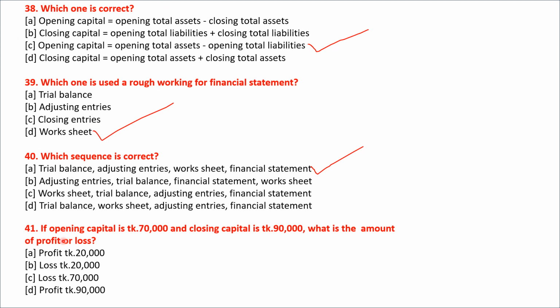अगला क्वेश्चन है, if opening capital is total 70,000 and closing capital is 90,000, so what is the amount of profit or loss? ऑप्शन देखते हैं, प्रॉफिट 20,000, लॉस 20,000, लॉस 70,000, प्रॉफिट 90,000. सो इसका सही आंसर होगा ऑप्शन ए, प्रॉफिट 20,000. ओके, अगला क्वेश्चन देखते हैं,